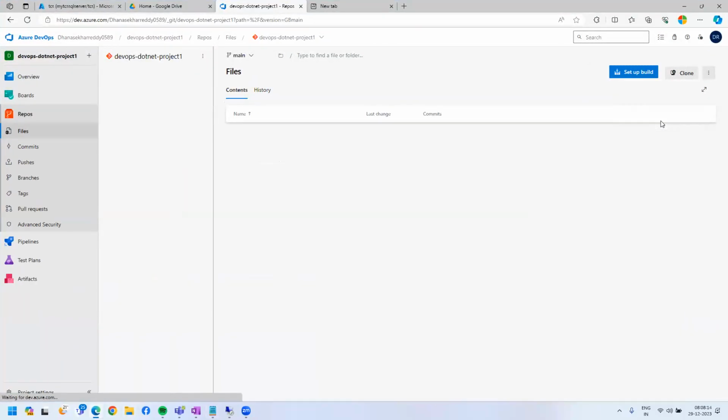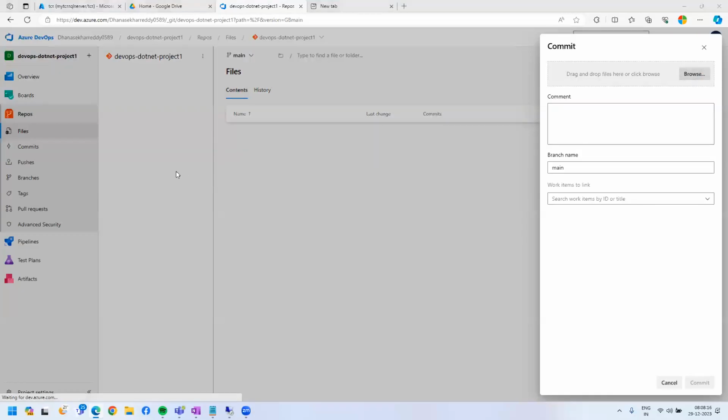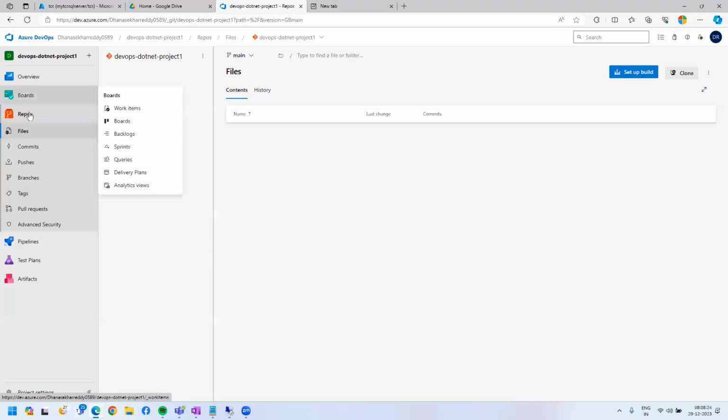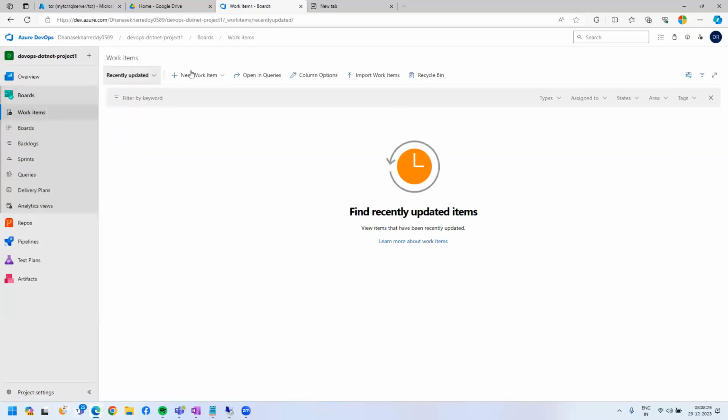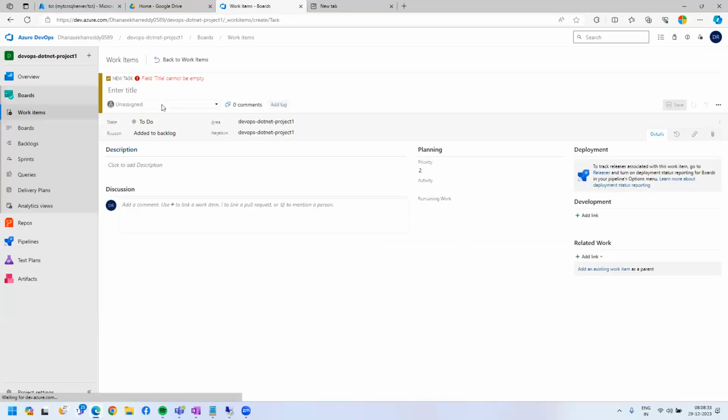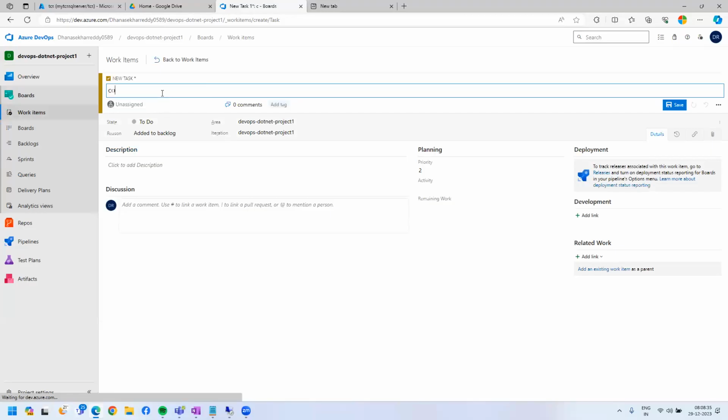Click on it, upload the file, browse. There is one option, index.html. If we have any work item, you can map it. Let me create one work item: new work item, task. Okay, configure,